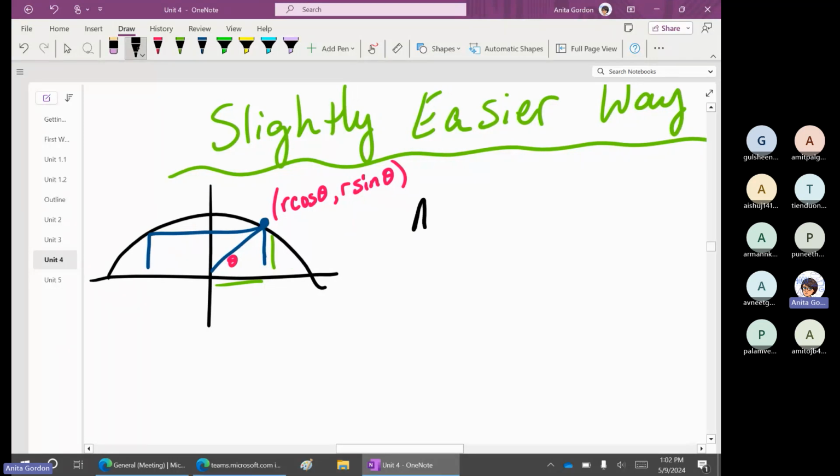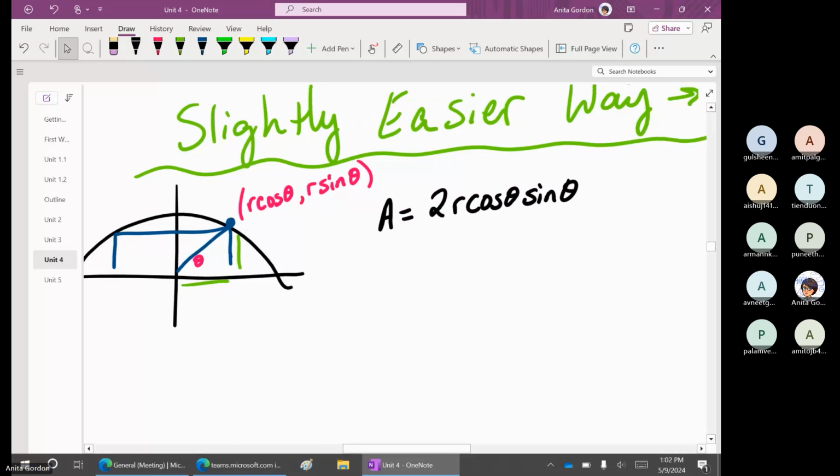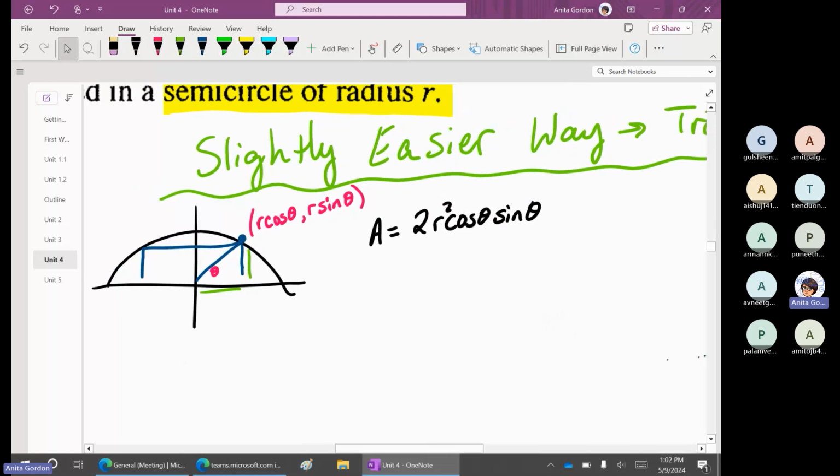So we have the area is 2r cos theta times sine theta. Oops, squared. R cos theta, R sine theta, so R is just squared. So then when we take the derivative,